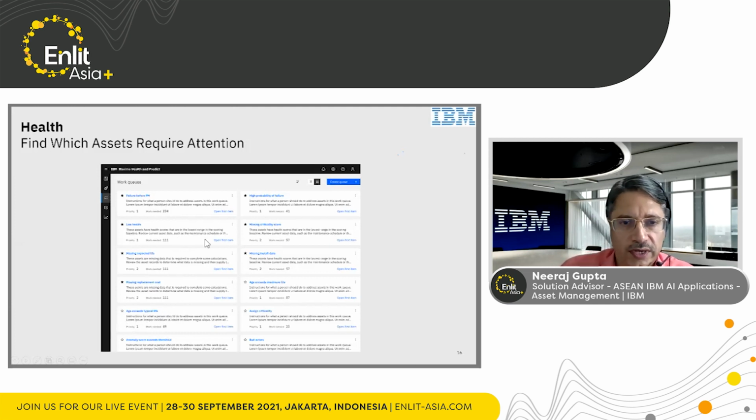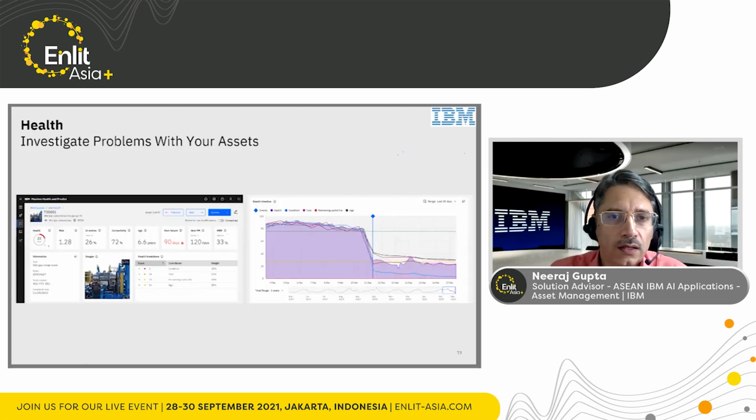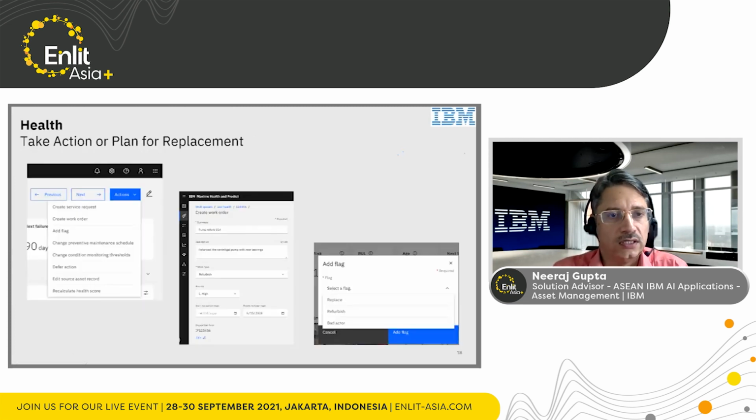Right. So all those things we can do in terms of monitoring the health, or monitoring overall asset health. Then you can investigate problems, drilling down into what is the risk involved, and the age of the asset, next failure. This is coming from Predict actually, and you can see different trends, how it has been doing over a period, to help us investigate our problems. And then you can take action in terms of creating an inspection or a work order or, say, a replacement plan to manage that asset.